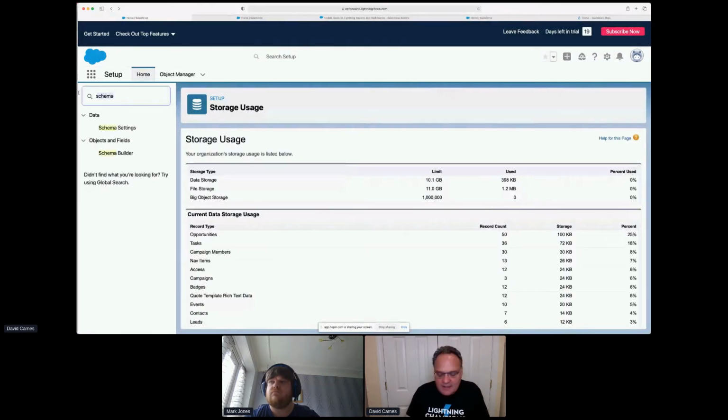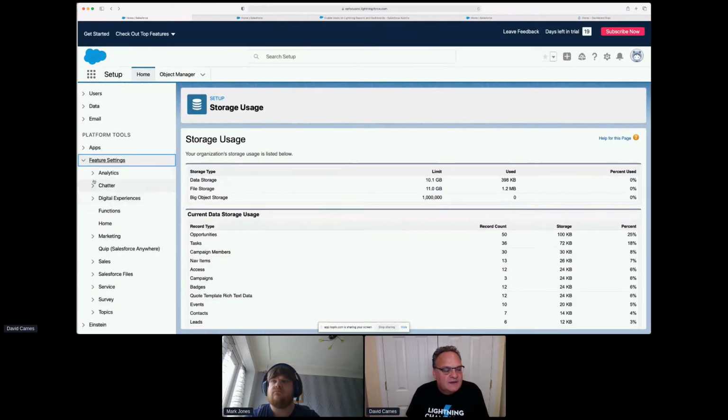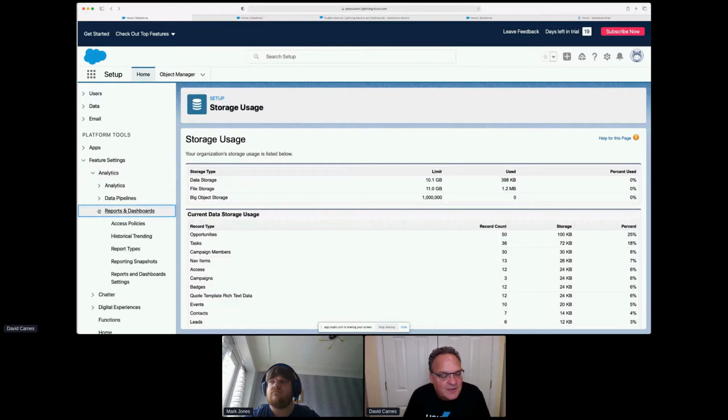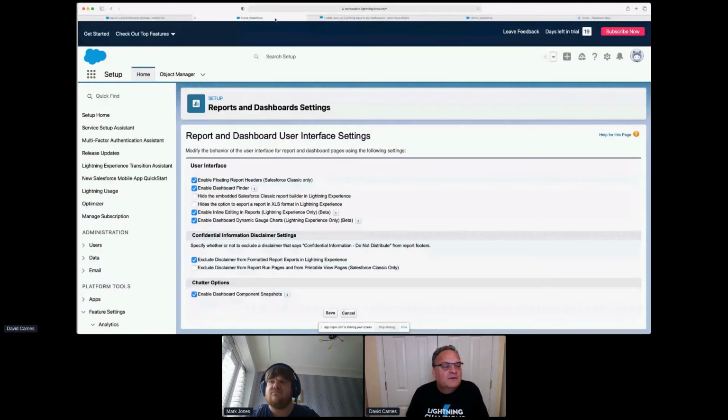So if I were to come back here and go under Setup, Feature Settings, I've probably already turned it off. I think I just by habit turn it off all the time now. Okay, it looks like I haven't turned it off in this particular org. This is the checkbox, and we'll go ahead and turn that off, and I'll just show you what that does. So before we turn it off,